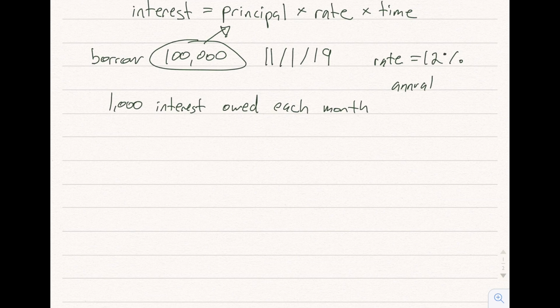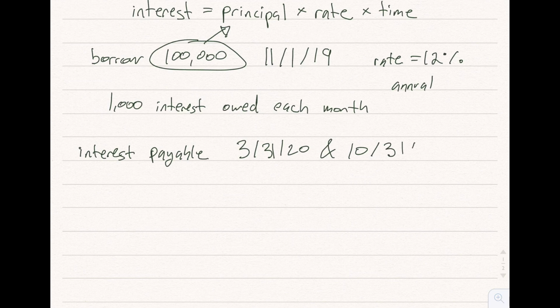Let's say in our case, the interest is going to be payable, meaning owed, on March 31st, 2020, and October 31st, 2020. Okay, so